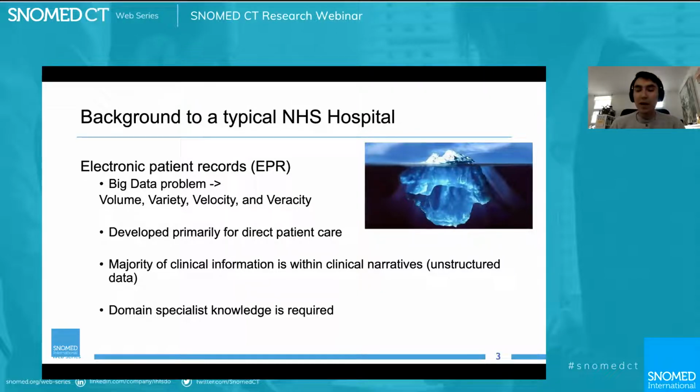So just a bit of background to start off with. In a typical secondary care large NHS hospital, a lot of data is stored in the electronic patient record. In fact, all interactions with a patient are generally recorded there.